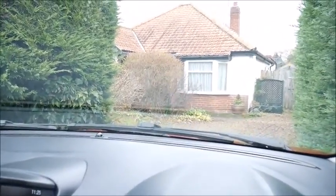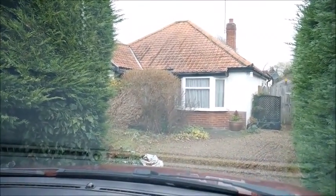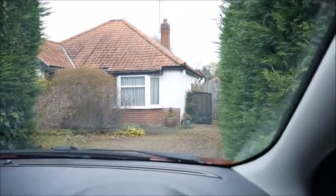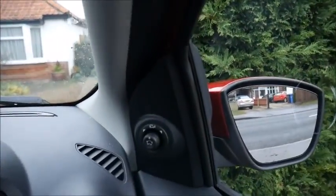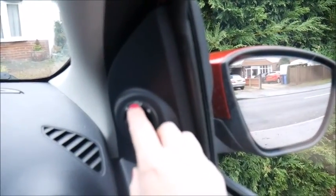So we are driving really close to Grandma's house. Should we go and see if she wants anything from the shops? Yeah? Okay. So we've just pulled up at my mum's house and her driveway is pretty tight. I'll show you. I have been known once, while I was still learning to drive, to knock over the wall on my way in. So I have to be really careful when I go in here. However, this car has a really nifty feature, because if I just press...